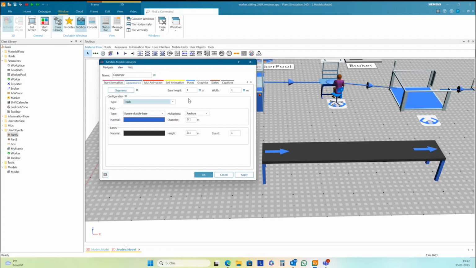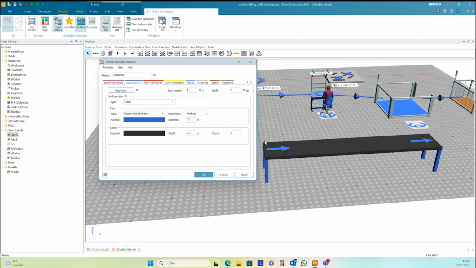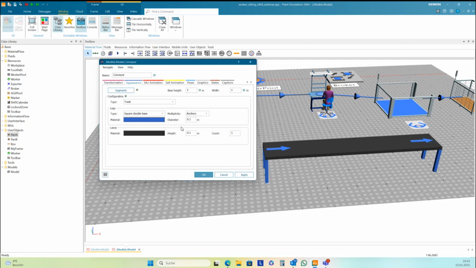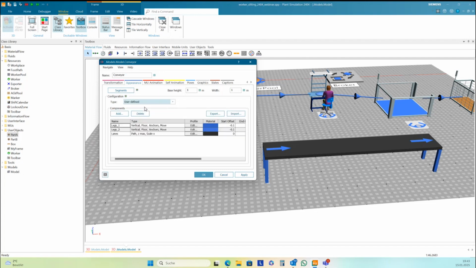But if you want to create your own stuff here, then you need to create a table with commands for Plant Simulation, how to create this extrusion. And user defined here.